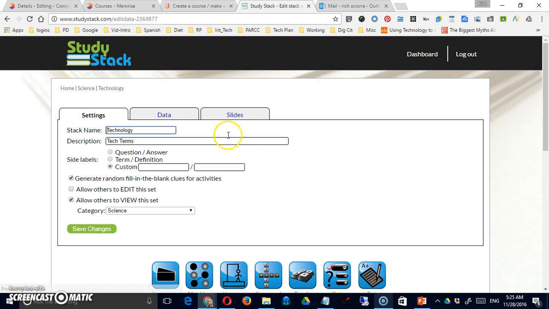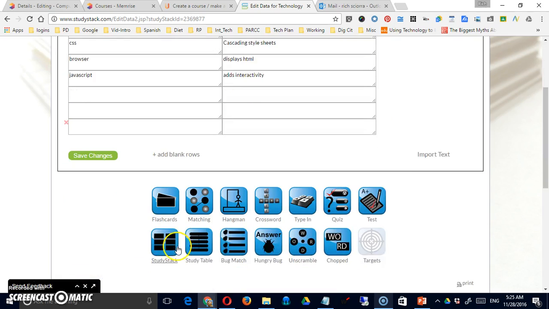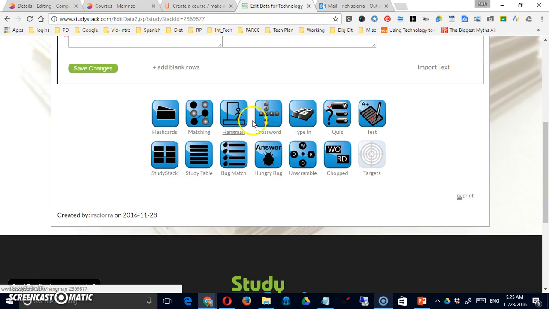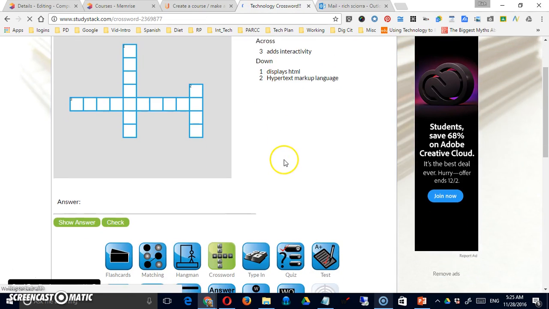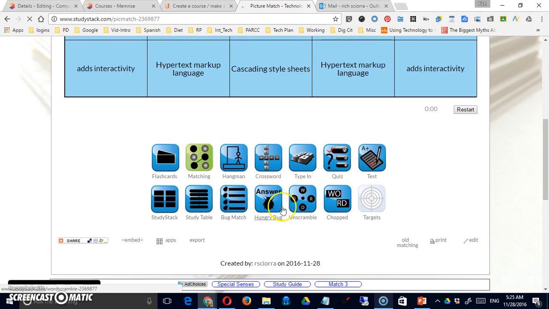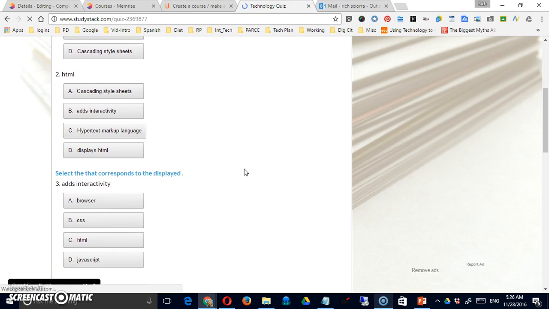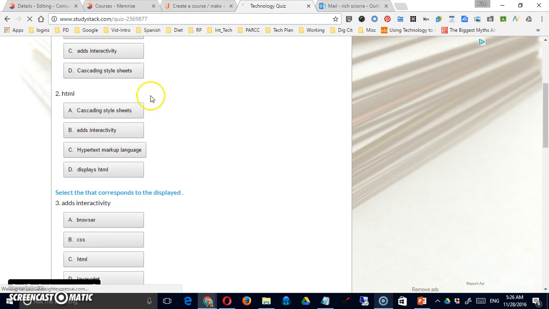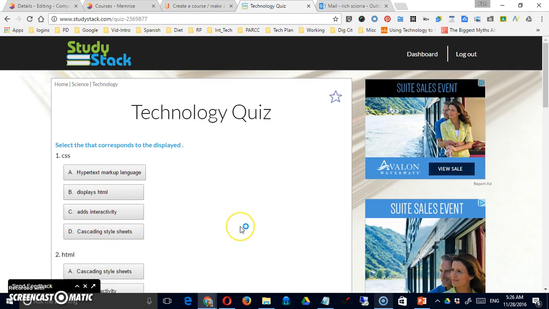And you can see in this one I've given it a little bit more data. And so even these sets that I create can be used for crossword puzzles, matching games, quizzes, etc. So a nice little tool, a tool that